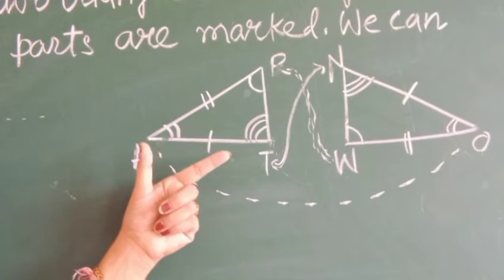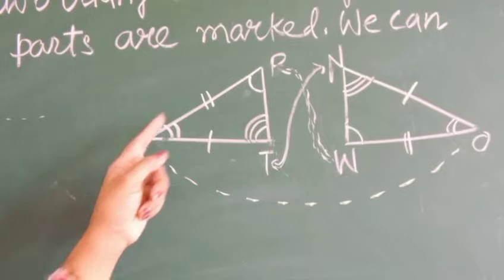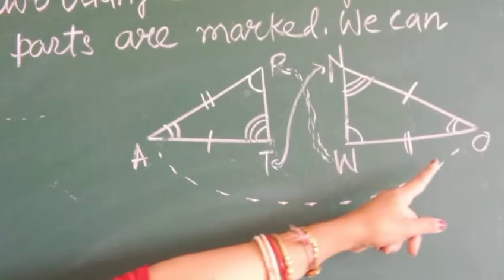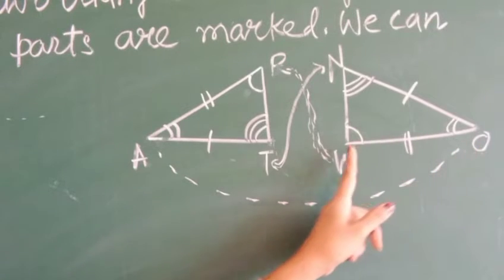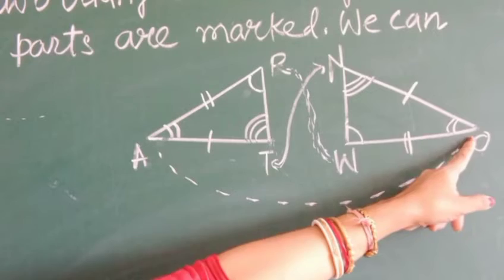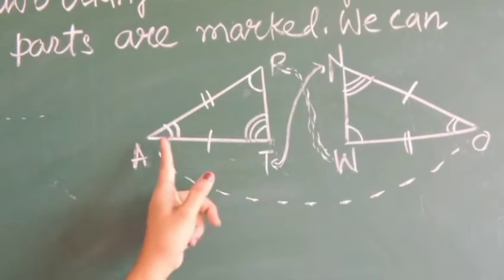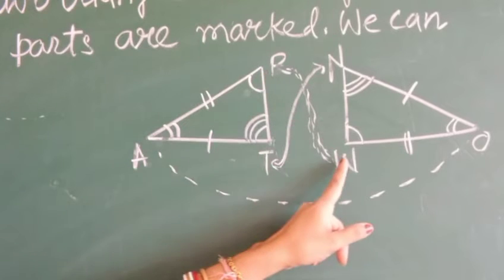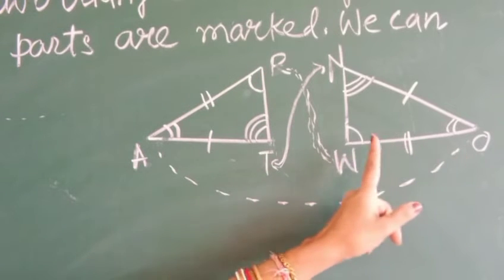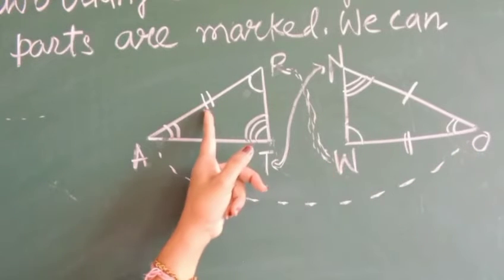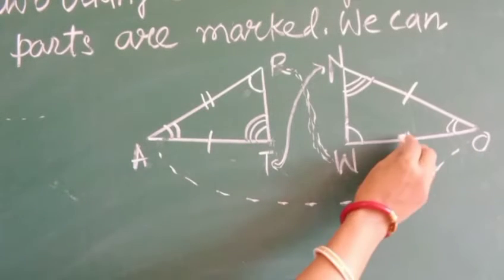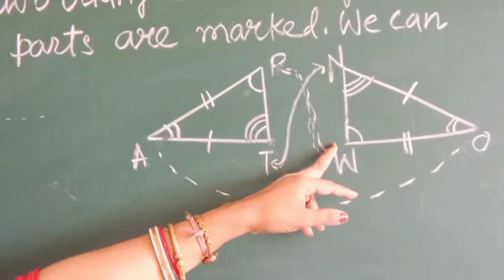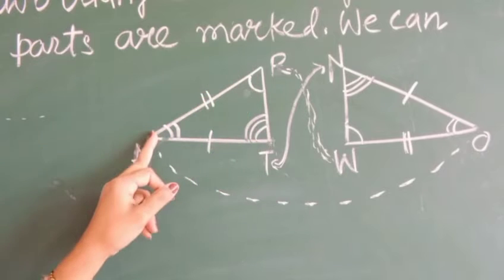Now I will compare with the sides. See, the angles at A and R are the same in this triangle, O and W. A, R, O, W. These two angles are correspondingly equal and they are including side AR. Including side AR is the same as WO or OW. Can you see? Two equal signs are there, here also you can see two equal signs. So can I say that these two triangles are congruent by angle side angle criteria?